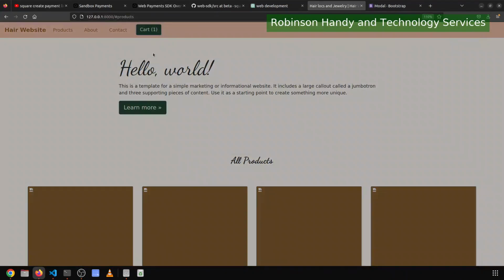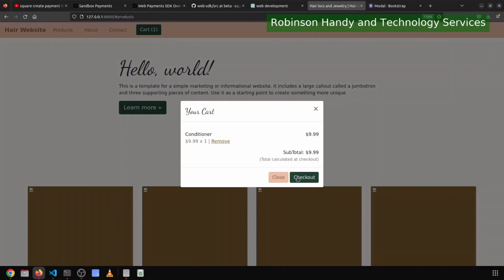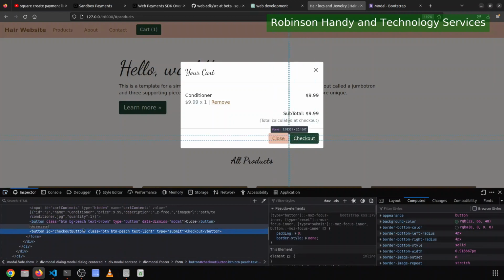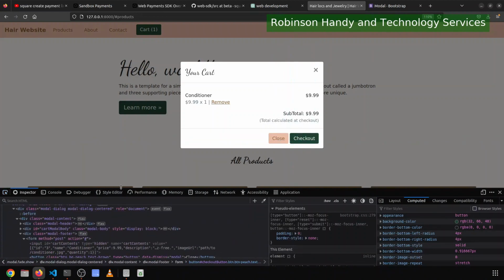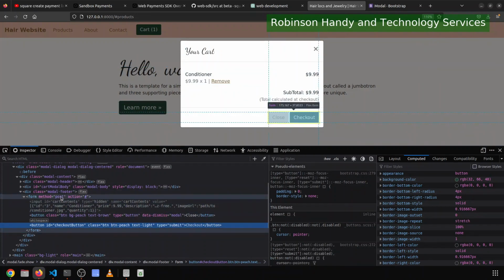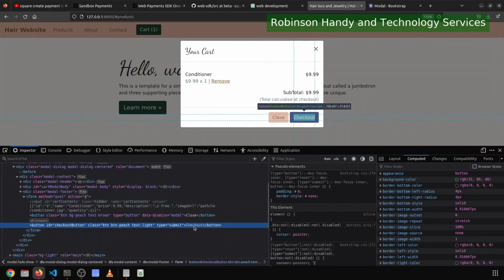The next part of getting this working is something I already have here behind the scenes. I just haven't implemented the PHP script that will process it. What I have set up right now is that all of the cart products are listed in a hidden field in a form that is defined here in the footer of the modal. So when the customer goes to click checkout, the input that is here will be submitted to a PHP backend, which will then take that JSON, split it out accordingly, and create an order on the